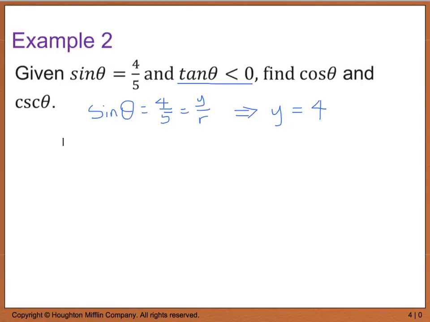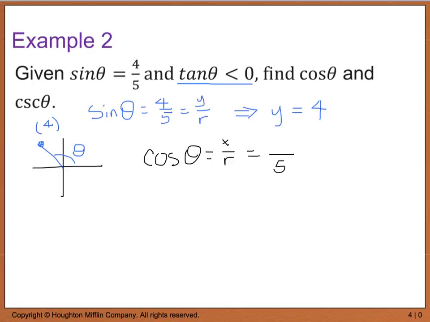So if I go ahead and sketch this out, I'm looking at some point that's over here in quadrant 2, and I know that the y value is equal to 4, but I don't know what x is yet. And theta is going to look something like this. The next thing I'm going to have to do is solve for my x value in order to find cosine, because cosine of theta is equal to x divided by r. Well, I know that r is 5 based on this right here, but I do have to go ahead and